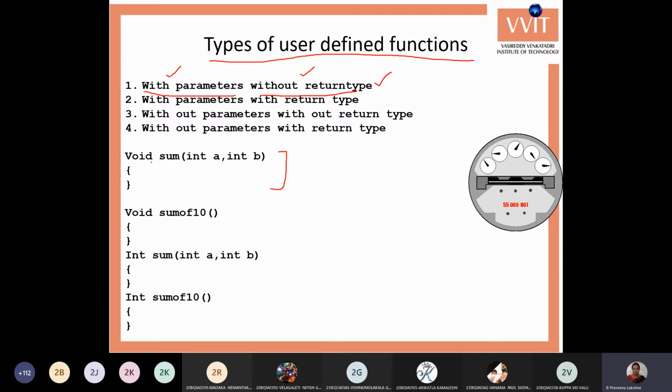Okay, here I am using a function name as sum. Parameters are int a, int b. That is, I am giving two numbers to the function. Void is nothing but no return value. It doesn't return any value. So we'll give it as void, or we can leave it also. But here code blocks doesn't allow that, so we need to give the void. So the void is nothing but no return value.